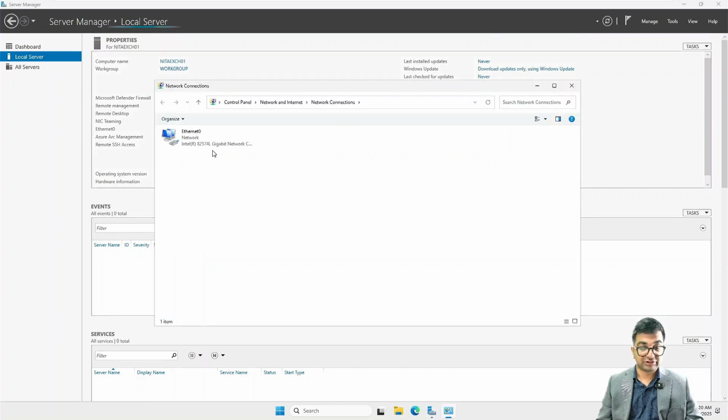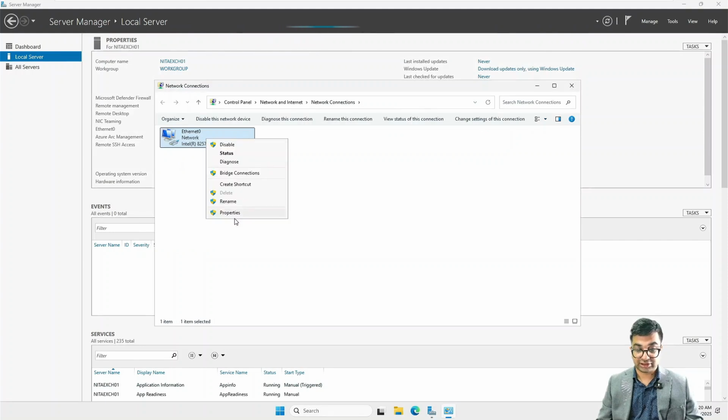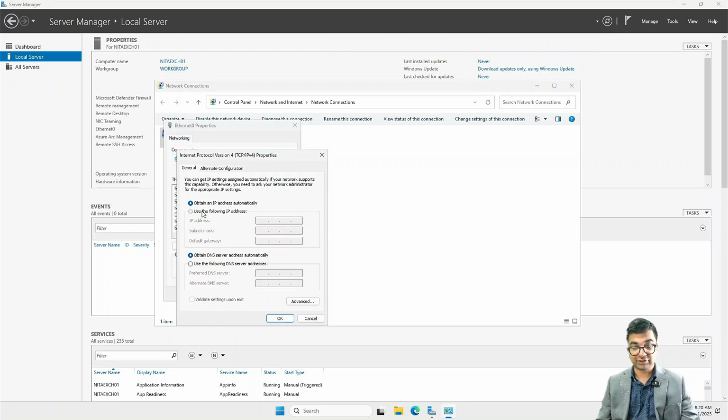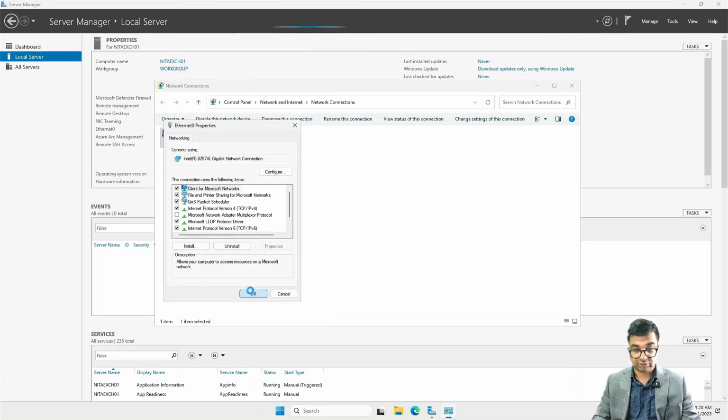So Local Server, Ethernet 0, right click, Properties, Internet Protocol Version 4. Now for this one, we are using a little bit of separation here. So we're going to go with 172.16.10.30. Now the reason behind that is we want a little bit of separation, so that if we have to add another domain controller, we still have the space to do that. 172.16.10.1 is our default gateway, and our preferred DNS server is 172.16.10.10. Now, once that is done,